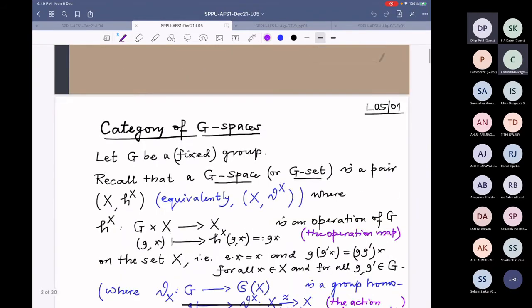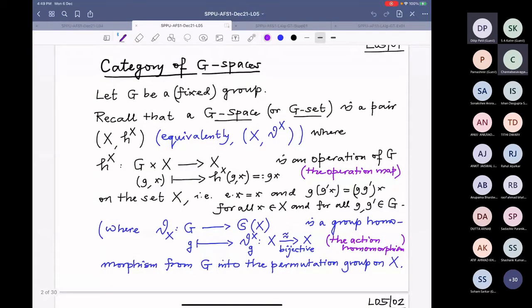All right. So, category of G spaces. G is a group that is given to us and that is fixed in this discussion. And I just said, recall that G space, or I was calling it G set earlier, but it may be better to call it a G space. I have learned through the experience from the last time. And also I have checked that some books do call it G spaces. So a G space is a pair of what? A set along with an operation of G on X.